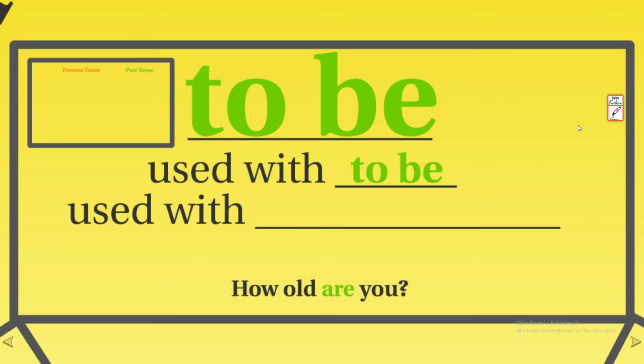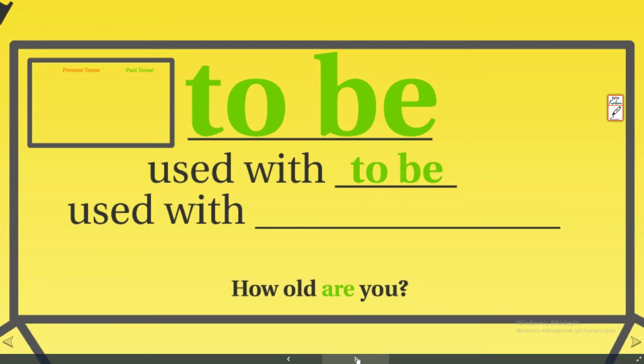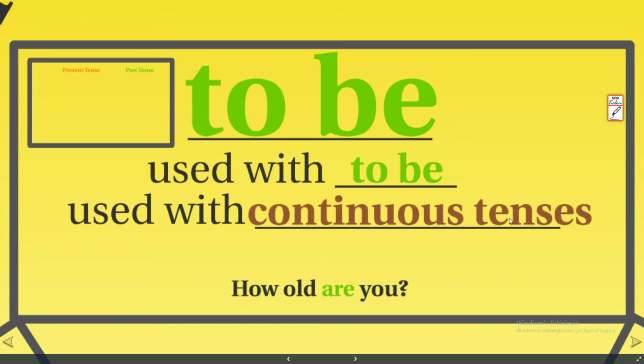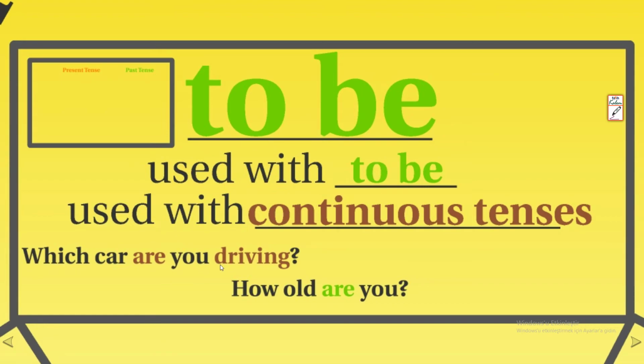And we use it with continuous tenses. Okay. Which car are you driving? We can use to be with continuous tenses, and as a repetition, which car are you driving? Which car are you driving? I am driving a sport car, or I am driving the white car. Okay. Which car were you driving? I mean, in the past tense we have were. Which car were you driving? I was driving a